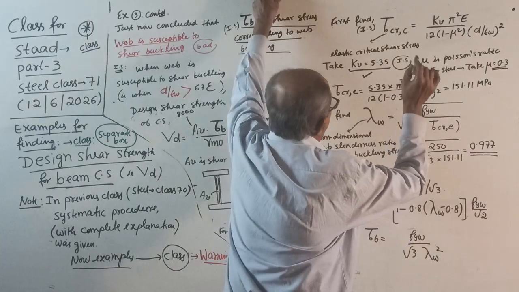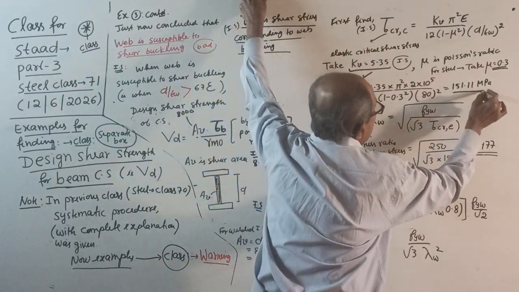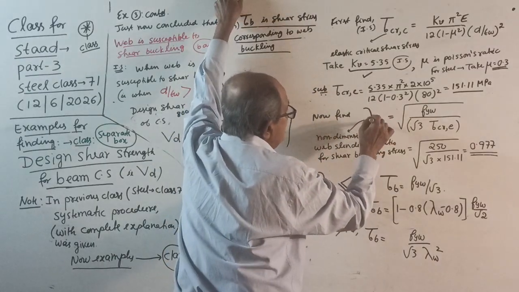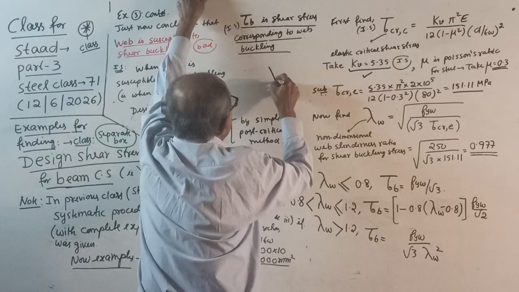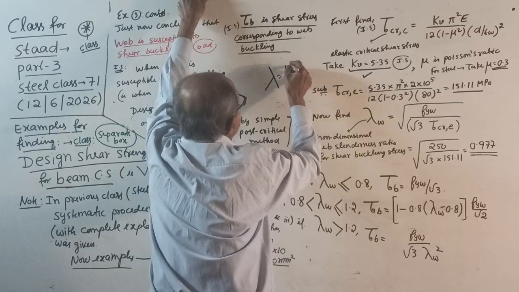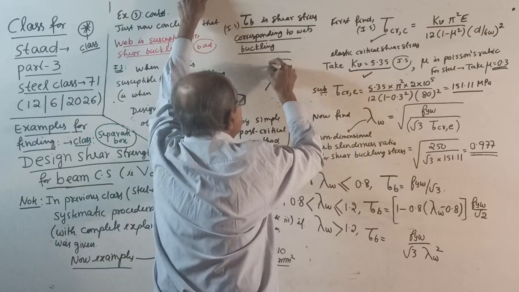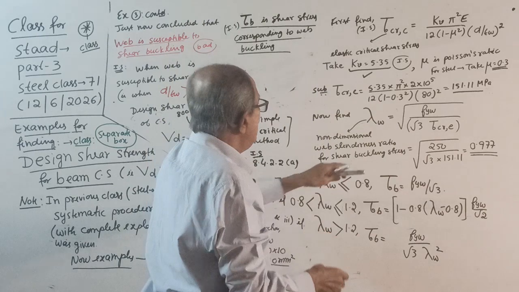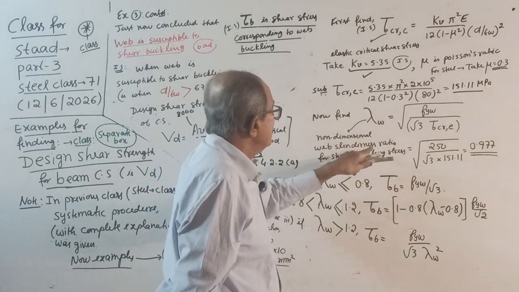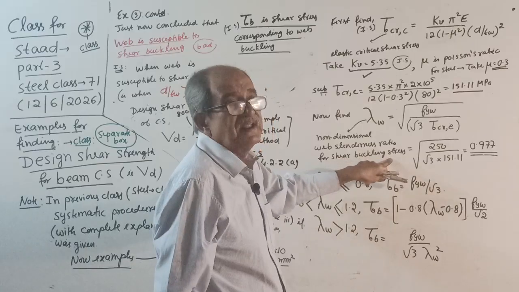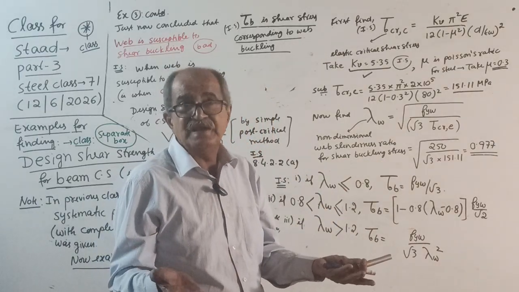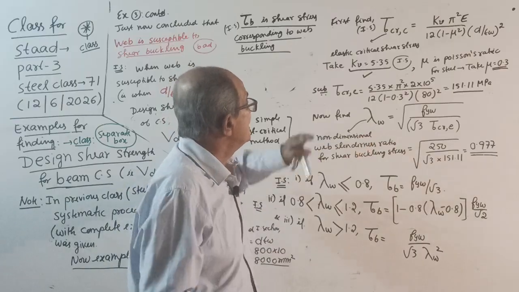Okay, then once you get tau CRE, you find one term called lambda W. This is not your slenderness ratio lambda of KL by r. This is something else. This is called